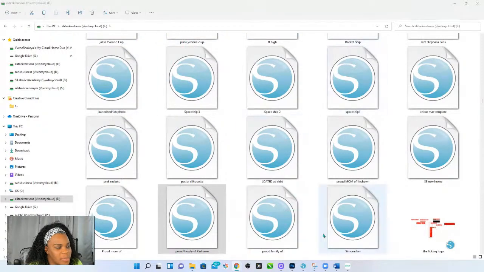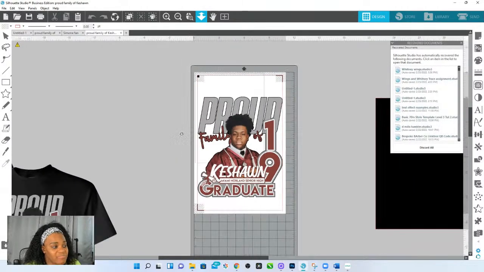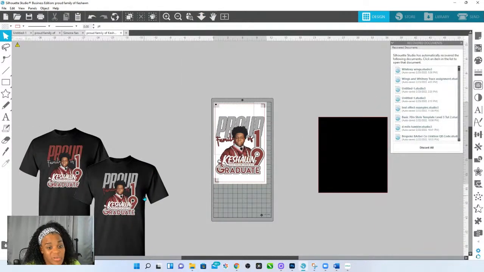Okay, so this is all some of my 2000 proud family of his fan. My mom asked me, what do you do for shirts? Where can I get backgrounds and all that stuff for a shirt? Back then, I had to do them as print and cut. Now, I still have to do them as print and cut to go on black, but I can just put them on a white shirt.